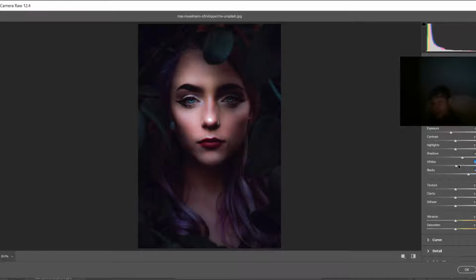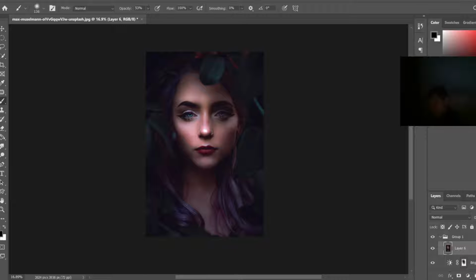But you see that this is not a fix. This is why you need to use a camera raw filter, a smart object. You see? Now there is nothing that I can really do to fix